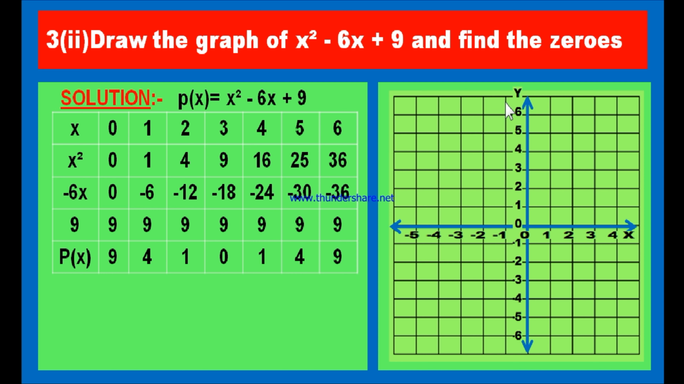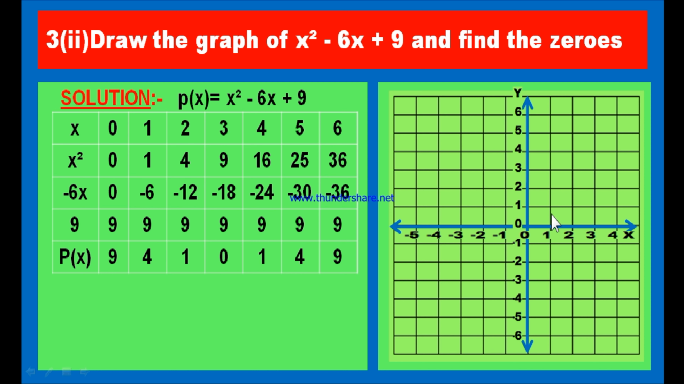This is x-axis and this is y-axis, and the point of intersection of both these axes is this, and this is called origin. What are the coordinates of origin, you know? Good. Coordinates of origin are (0, 0). It is represented by O, isn't it? Now, let us represent these points (0, 9), (1, 4), (2, 1), (3, 0), (4, 1), (5, 4), (6, 9)